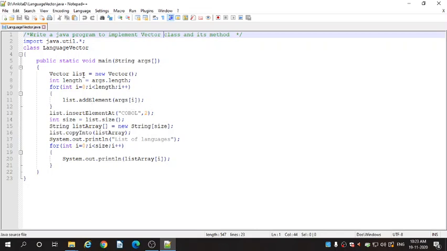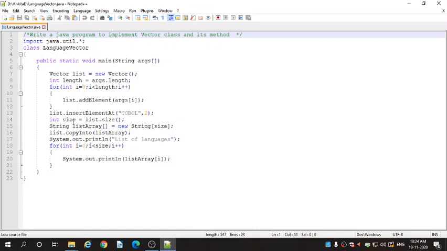Then this loop will get executed continuously, and when the condition becomes false, that is i equals 4, is 4 less than length? No. When it becomes false, it will come out of the loop, and it will have added the 4 elements into the list.